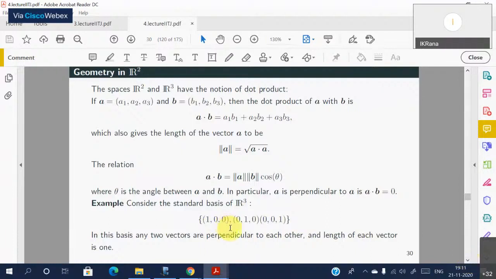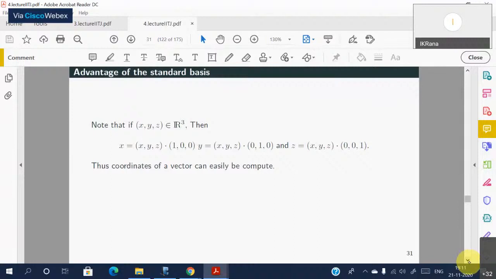So the question one would like to ask is the following: given a vector space V, a subset of Rn, can I say that it has a basis of this type of structure? That we know a basis exists, by our earlier considerations. But now I want to ask: does there exist a basis so that any two elements in it are perpendicular to each other, and the length of each one of them is equal to 1? So we would like to answer that question.